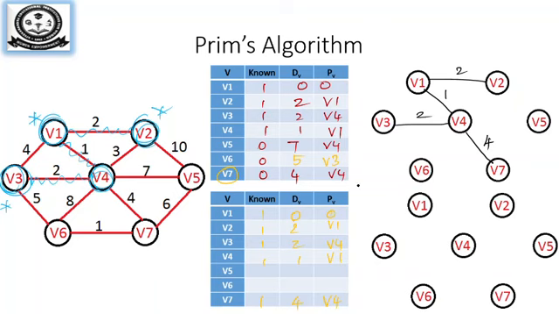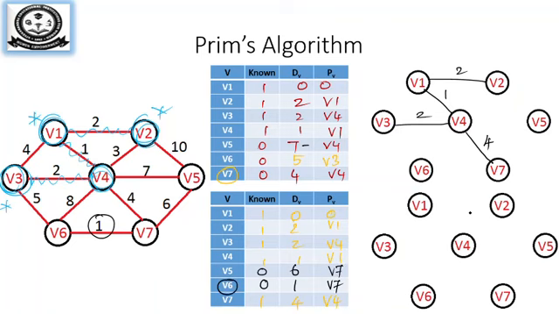Right. Now the remaining vertices are going to be the same. Now V7 we are going to update. So V7 and V6 are connected with the distance of 1, and here the distance is 5. So we'll update it. So 1 is minimum. So it is 0, 1, V7. And similarly, V7 and V5 are connected with 6. Here the weight is 7. So I will update it here also. So it will be 6, 0, V7. Now among these two, V6 is minimum.